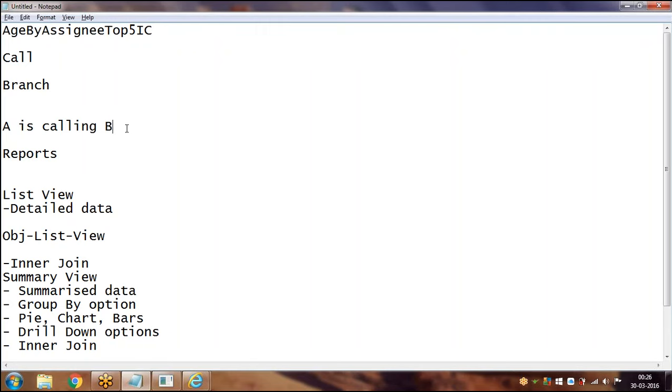If you are calling an activity using the call method, Pega will execute the called activity and come back to the calling activity, and proceed with the next step. But if you are calling the activity using the branch method, the control will go to the called activity, execute it, and it will not come back to the calling activity, and it will not execute the remaining steps in the calling activity. That's how branch will work. That's how call will work. That's the basic difference.